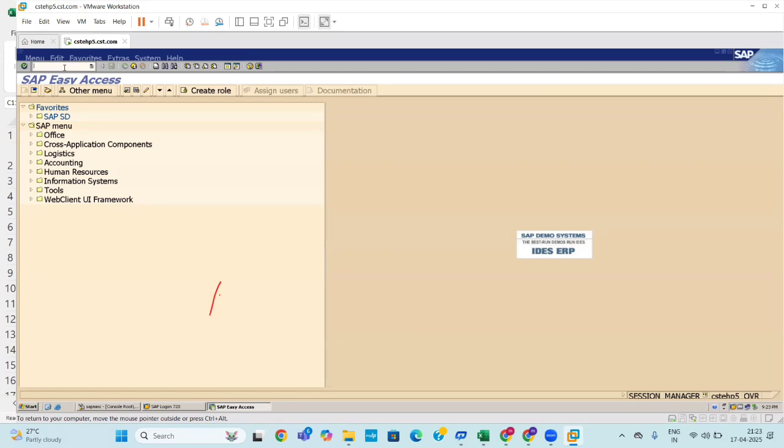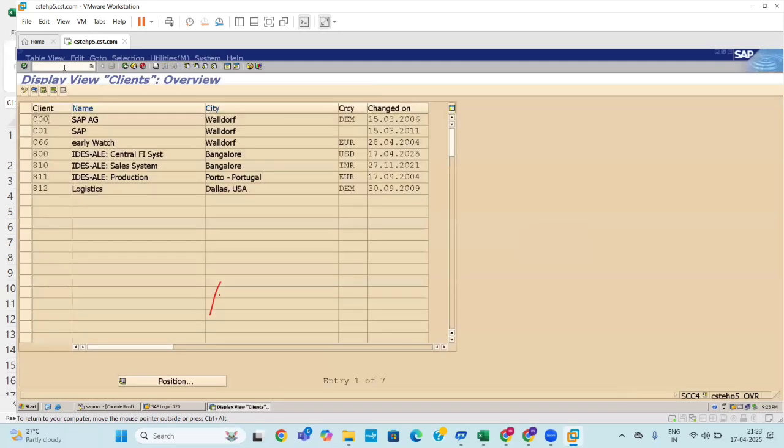The client wants to generate and view the report in group currency. So we have an important key code to keep in mind: SCC4. Here SCC4 is the demo server. In a real-time scenario, you won't see this number of clients. You have only one client, because the entire business process in real-time scenarios uses one